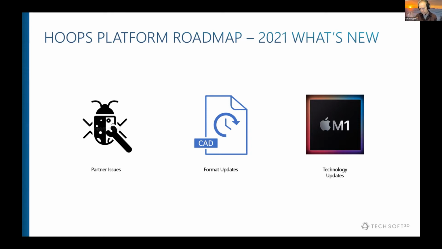And then finally, the third piece of this trilogy is updating technology as required. And last year, that was mostly focused on supporting the Apple Silicon platform, right? New architecture, new platform for all of our partners that were shipping on those. They wanted immediate support. So we went through and updated the underlying technology to take advantage of that. So these are the three pillars of our trying to satisfy our partners' needs.